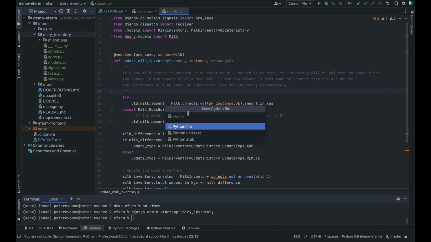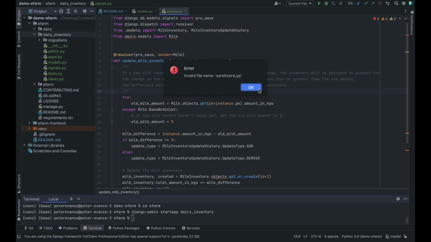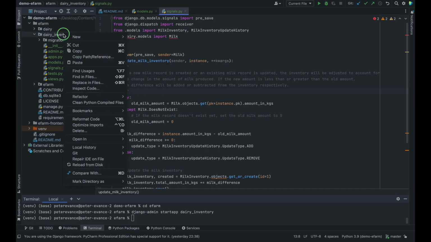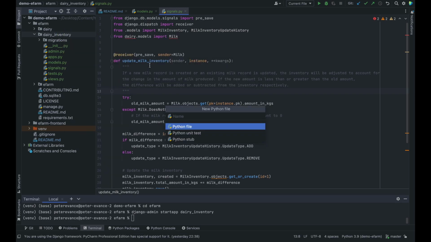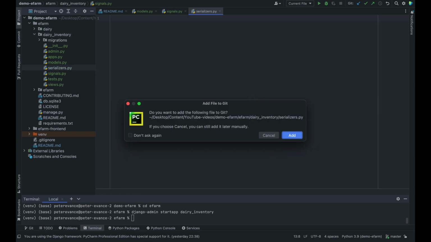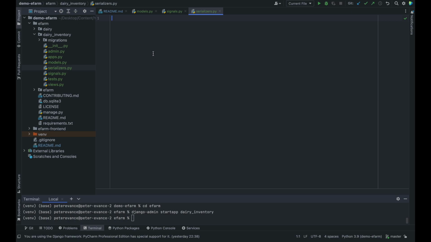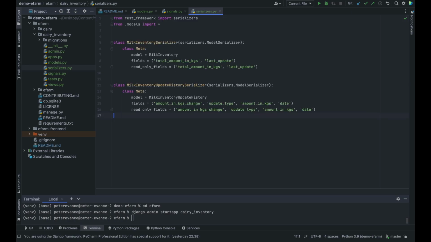Now we need to add a new Python file, serializers.py. Okay, sorry, wrong spelling, serializers. Python file, add it. So in the interest of time, all I'll be doing is just populating it and then explaining it. So we will be serializing the models, and the first serializer is the milk inventory serializer,